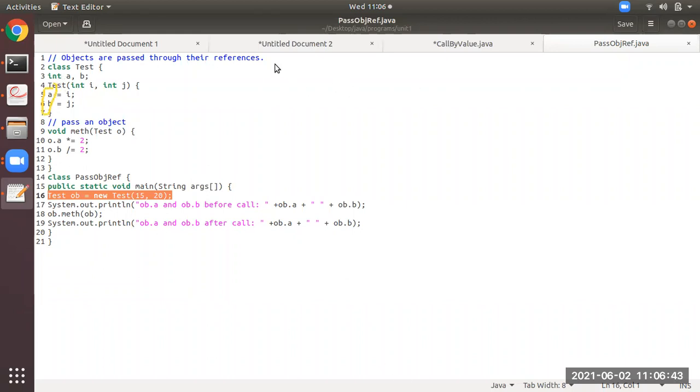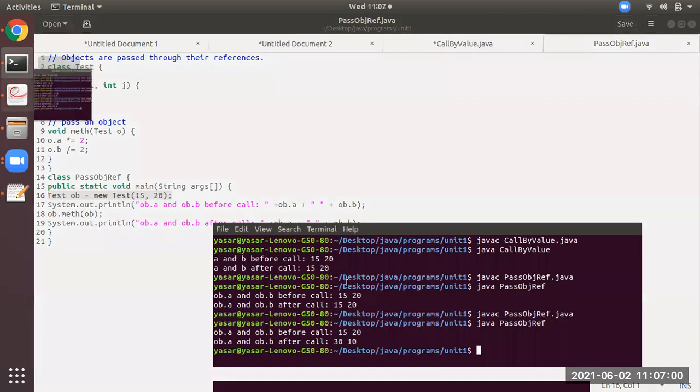That is fine. Now, after this, you all observe here at line number 17, it is displaying the message in the command prompt.